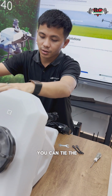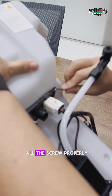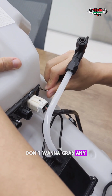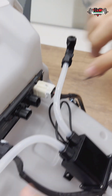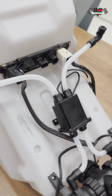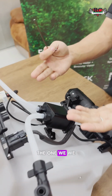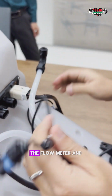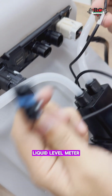And you can tighten the screw back. After you remove, make sure you tighten all the screws properly. Okay, if you don't want to get any error, just make the screws tight. Okay, this one also. Okay, so now we are done. We just plug back the ones we unplugged. First is the flow meter. You will see the cables here, the flow meter, and also the liquid level meter. Okay,